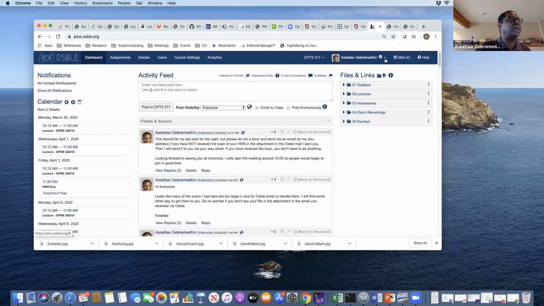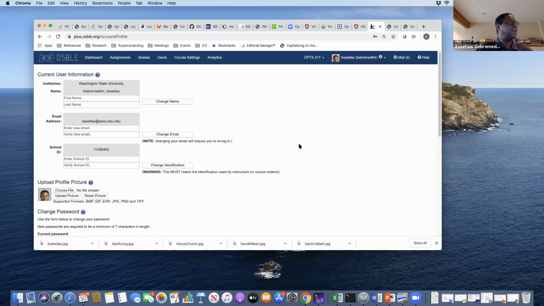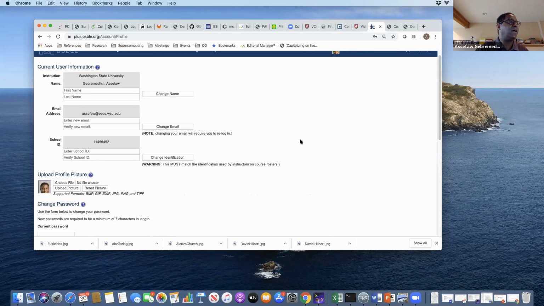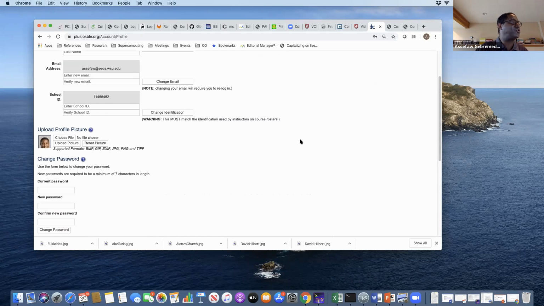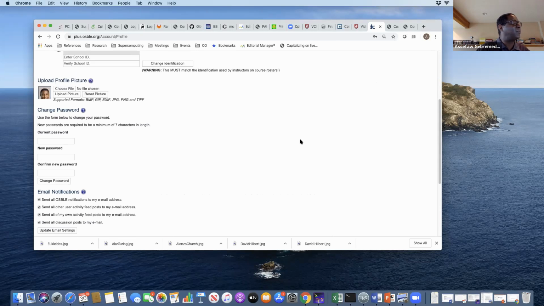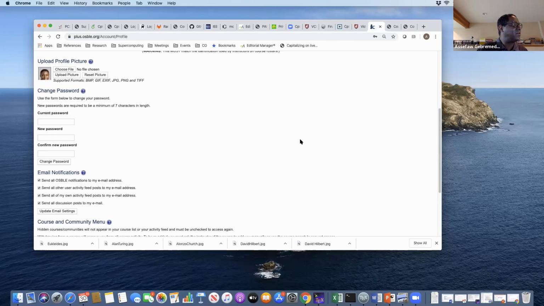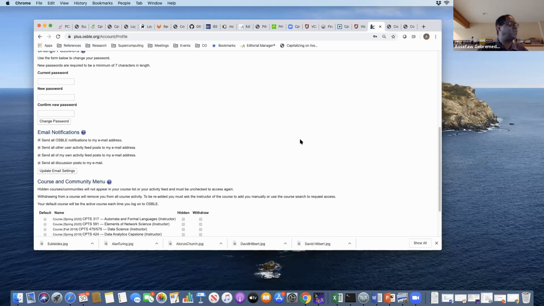If I click here, I can see there are 3 or 4 things there, including how many mails I haven't read and things like that. But the place where it says settings, if you click there, then you get to see different things. For example, if you want to upload your picture, so when some people use the posts, they would see it, that will be one option to do. I have done that. But what I wanted to show you is if you scroll down, where it says email notifications,